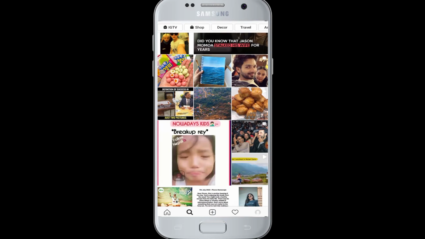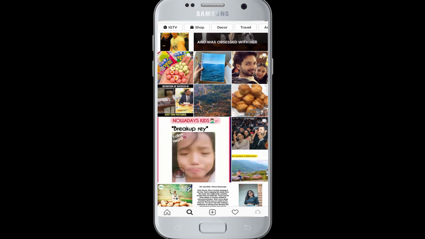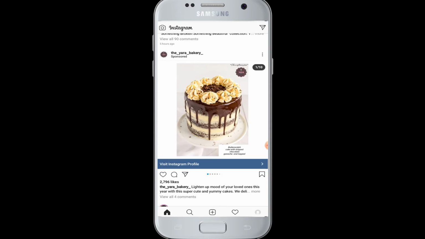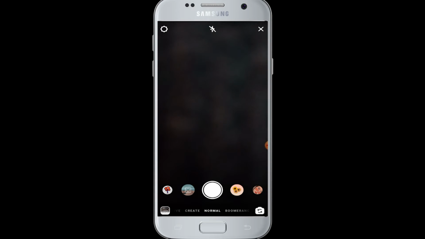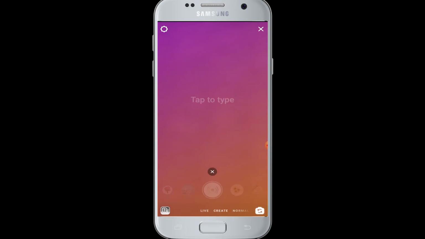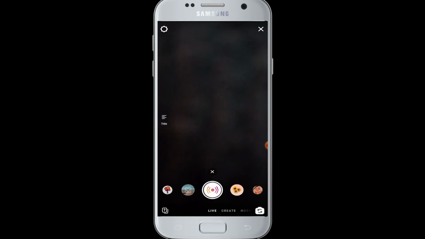Moving on to today's topic. If you want to go live on Instagram, there is the option to go live on Instagram. So just open your Instagram and then swipe right, and you will come to this camera over here. At the bottom you can see the options. You can slowly swipe them from right to left, and at the end you will see